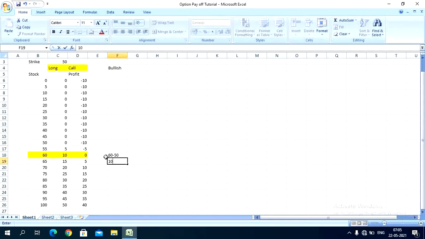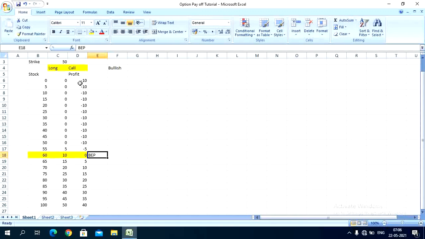But already you have paid a premium of 10 rupees. So 10 rupees minus 10 rupees, that would be equal to 0. So this point will be called your break-even point. So when the price increases up to 60, if you have paid a premium of 10 rupees, then only you will be getting a break-even, where you will not be getting a profit or loss. There will be no profit and no loss, right?